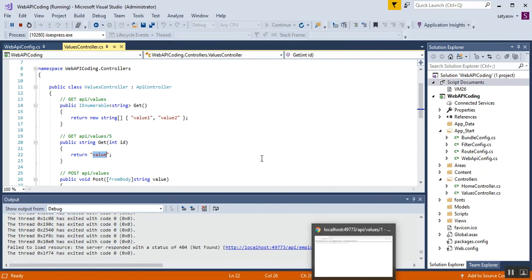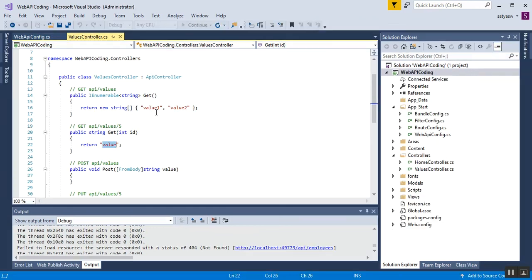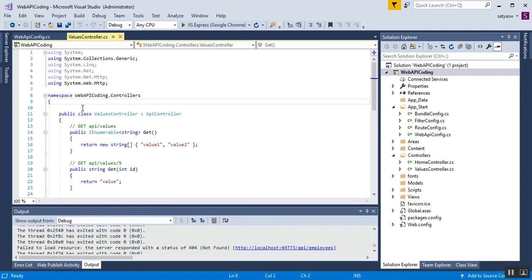Okay guys, one last point I need to mention here is the authorized attribute. I'll stop my debugging here, and I'll show you the uses of the authorized attribute and how to overcome the error we get during creation of the authorized attribute. So here I'll add the authorize